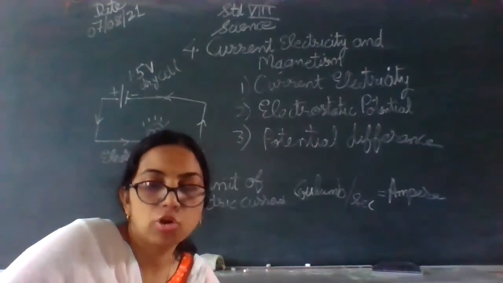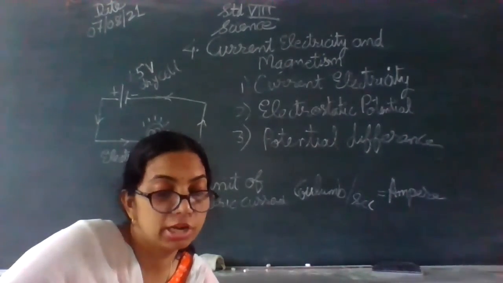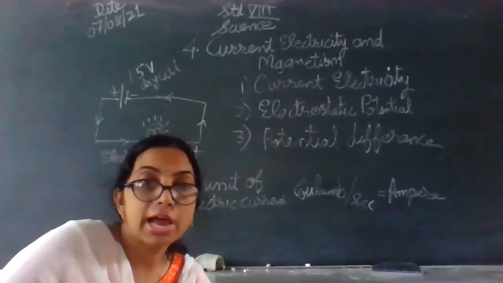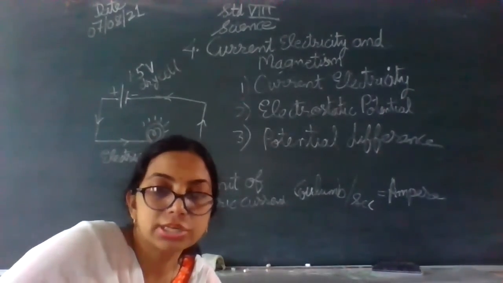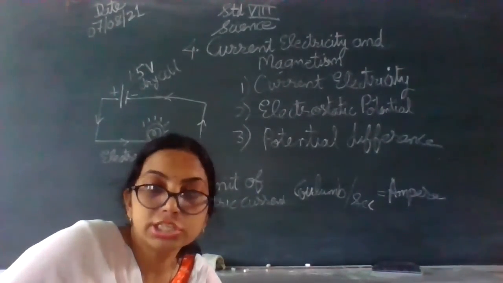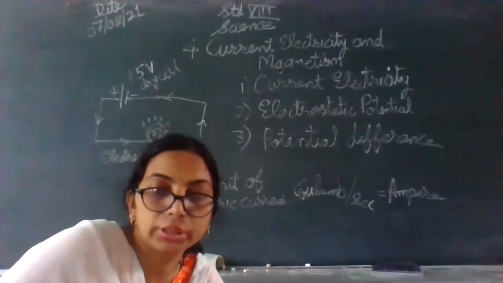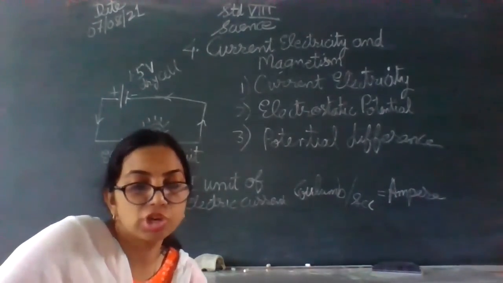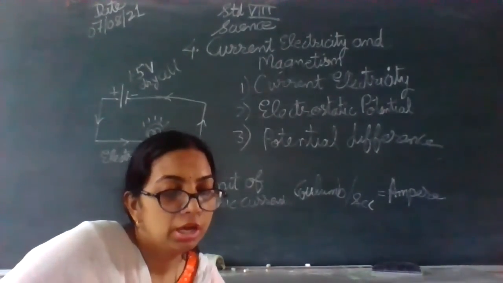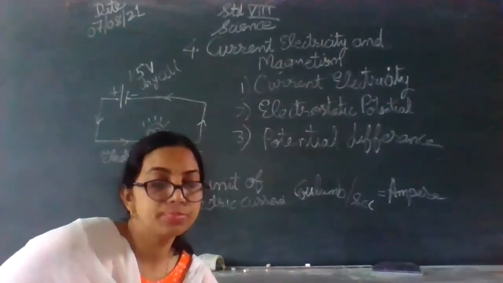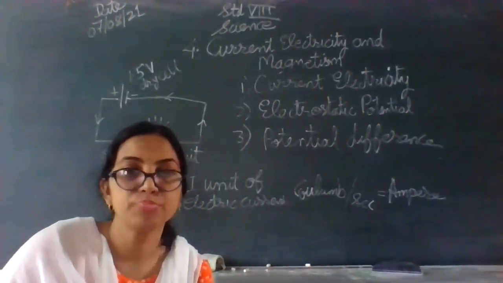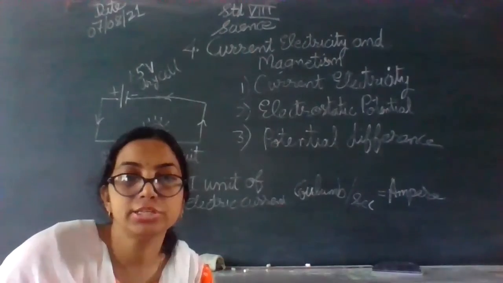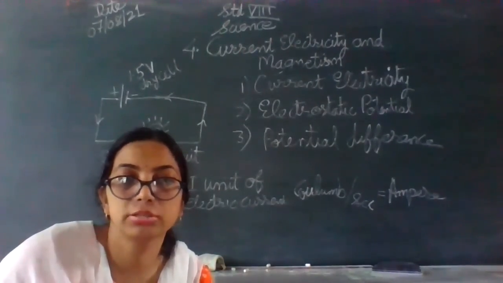Next very important topic that we are going to study is the dry cell. How it works, what all the chemicals inserted in it are, and what its diagram along with labeling and complete structure is, we are going to study in our next classes related to this chapter. Okay, so today's topic is over.